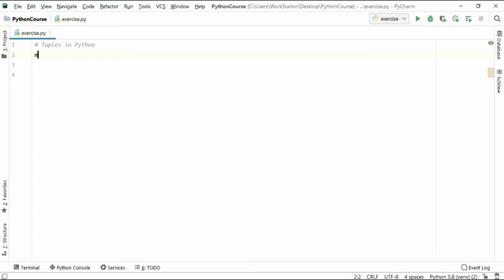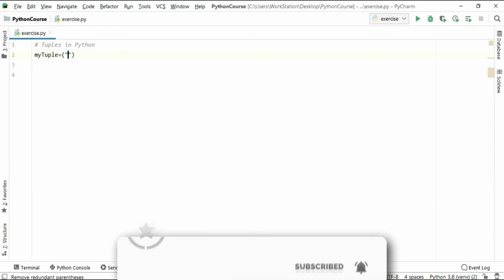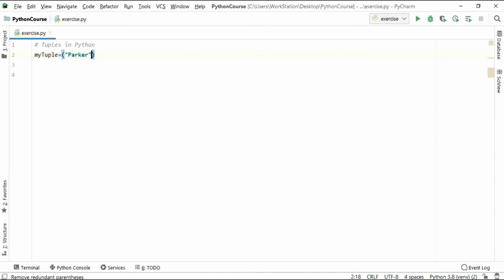Over here, I'm gonna say my_tuple. You can give any name to your tuple, and the syntax of a tuple is opening and closing parentheses, and inside these parentheses you can declare your values. So I'm gonna say Parker, and let's say Naveed, and one more, Khalid. Now I wanna change Naveed to Zia, so I'm gonna say my_tuple, square brackets, and the index of Naveed is 1,